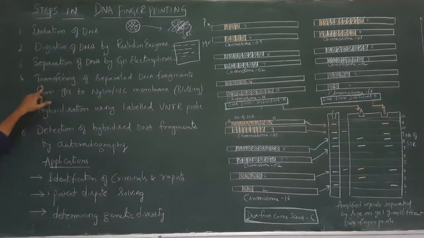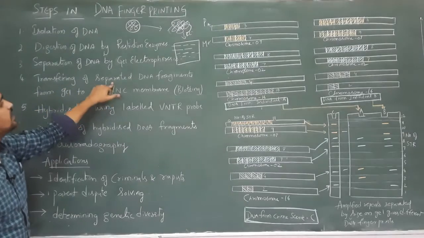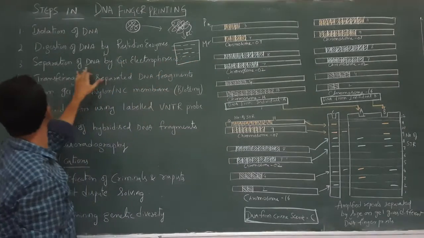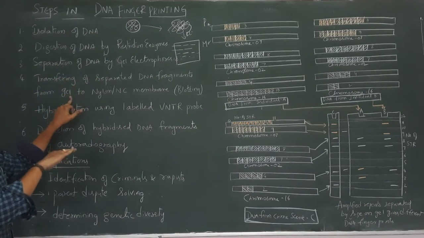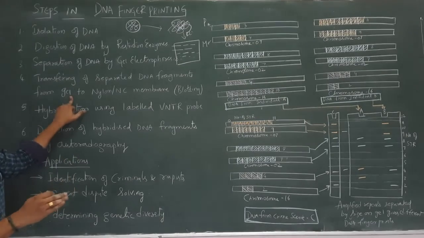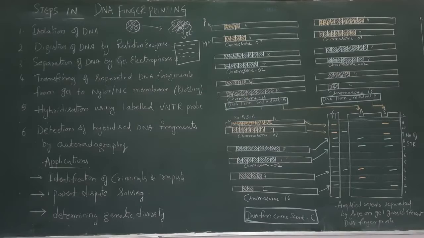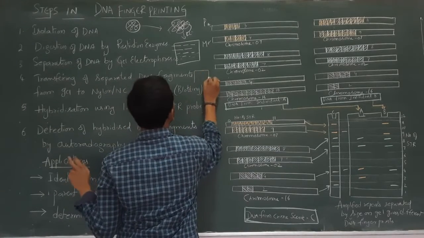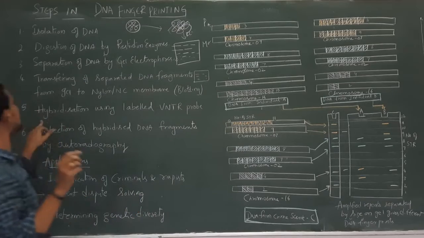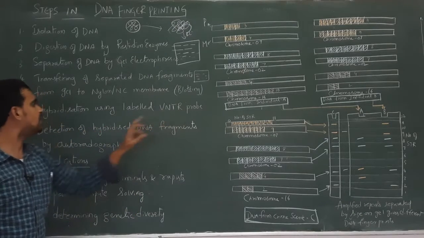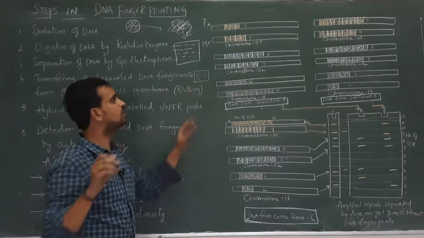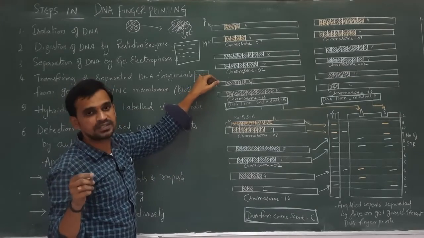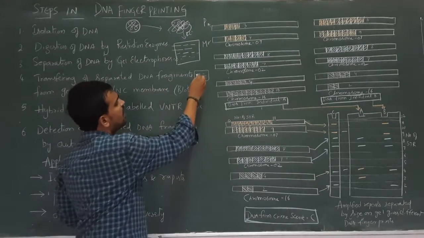Next, transferring of separated DNA fragments. Here, the DNA fragments are separated. So, the separated DNA fragments can be transferred from the gel to the NC membrane. NC membrane is nothing but nitrocellulose membrane or nylon membrane. The fragments can be transferred to the membrane like this. Next, hybridization using labeled VNTR probes. Here a VNTR probe is nothing but a short stretch of known base pairs. So, here the fragments are there, but you don't know the number of base pairs present in the fragment, and what is the type of